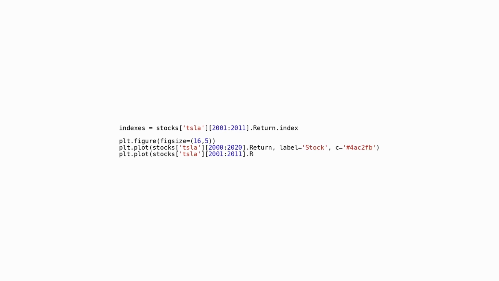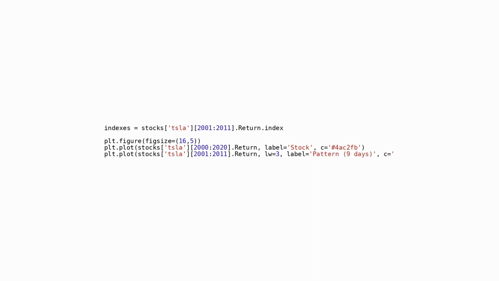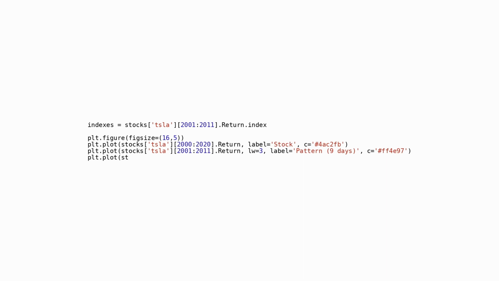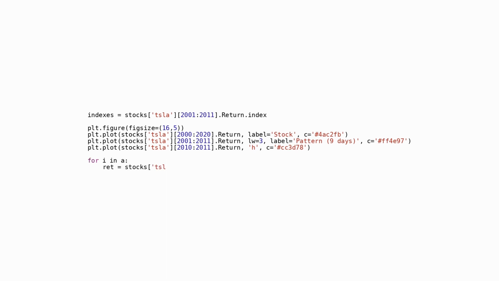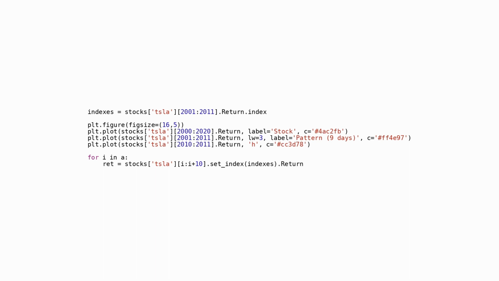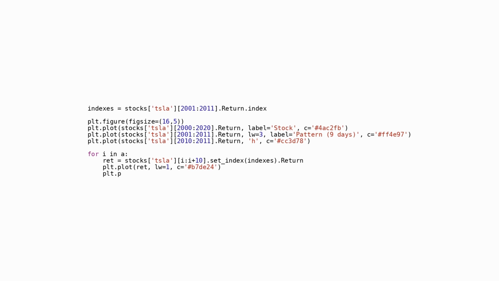Moving on, it generates a plot featuring 3 primary lines. The first line showcases stock returns spanning from 2000 to 2020. The second line accentuates stock returns between 2001 and 2011 with distinct coloring and increased line thickness. The third line underscores stock returns within the 2010 to 2011 timeframe, using the marker H and a unique color. It then loops through a